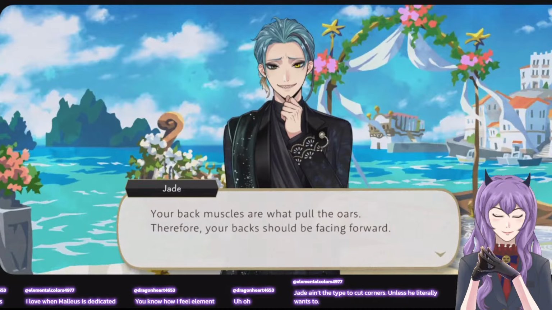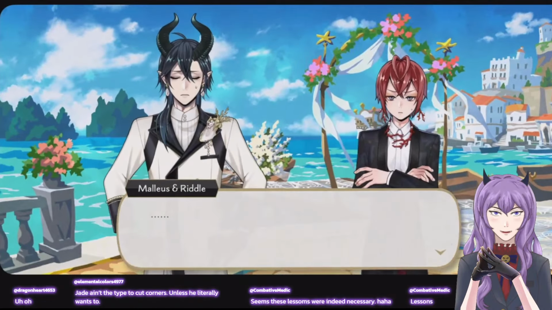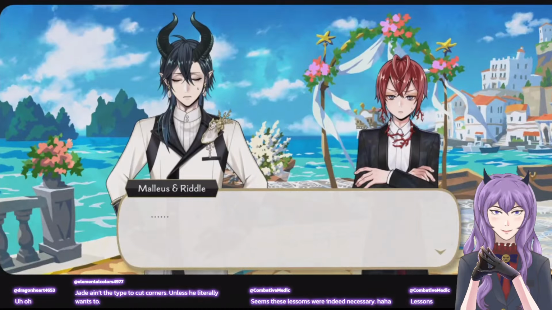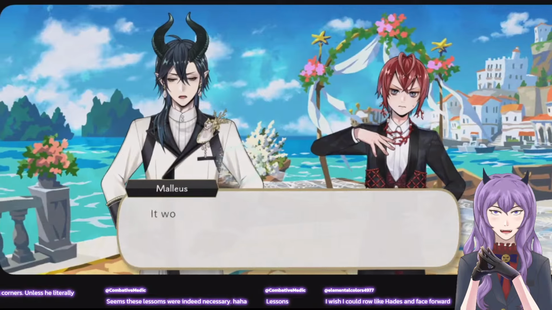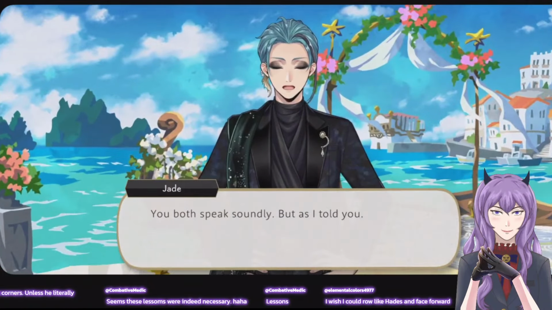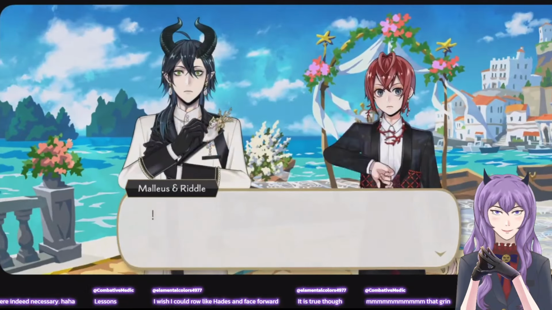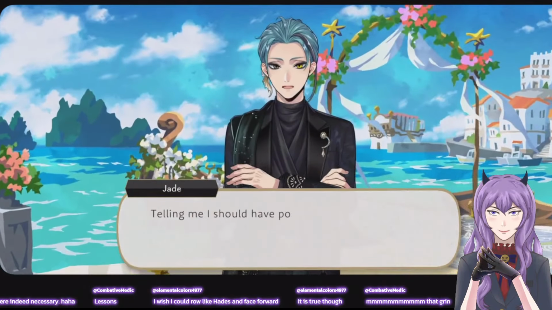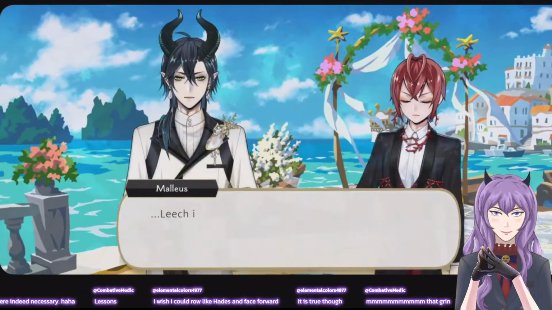Your back muscles are posterior, therefore your back should be facing forward. I don't know enough about rowing to disprove you, but I don't believe you. Wow.